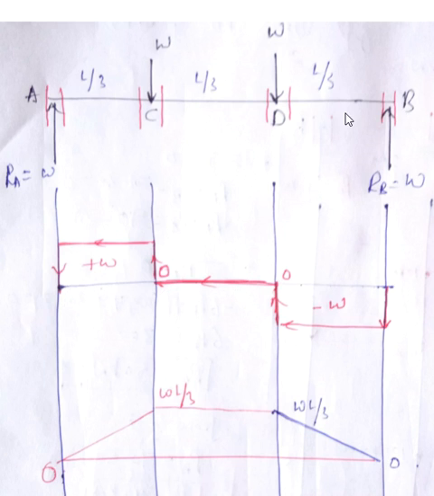We all know that if I want to find shear force at any section, say this section, I need to consider the summation of all the forces at the right hand side or the summation of all the forces at the left hand side. We'll use the same principle for plotting SFD. First consider this section. Come from the right hand side, there is no force. If there is no force, that means shear force is 0 at this section, so I have written 0.